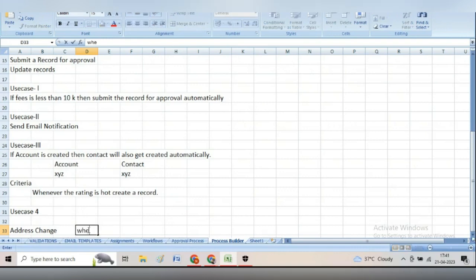Whenever the account is updated, the contact will also get updated